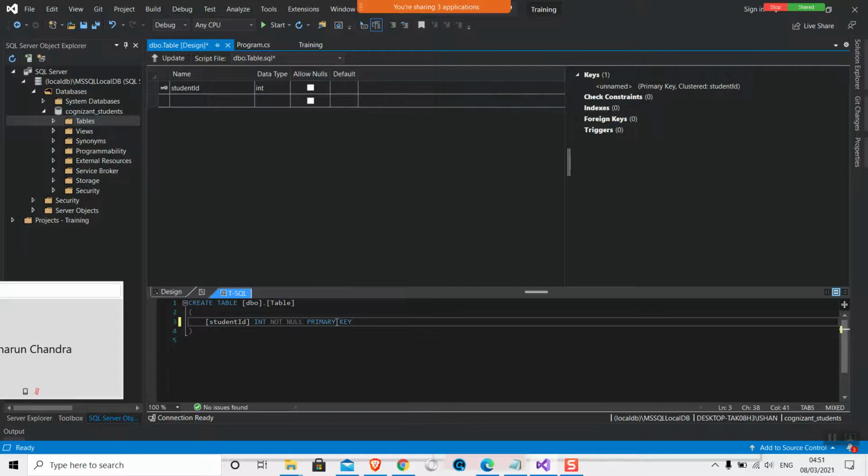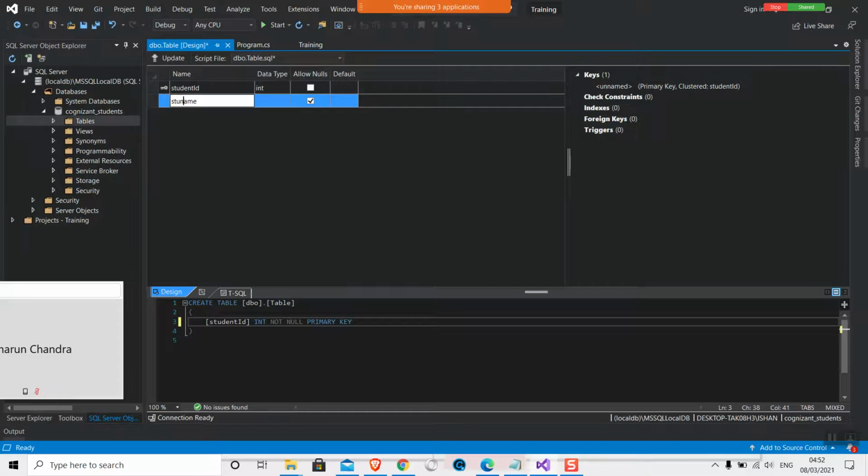Then I'll create one more column, name. I create the N in capital, but I'm just doing it as per anything. If you don't want, I can create it in small letters as well.